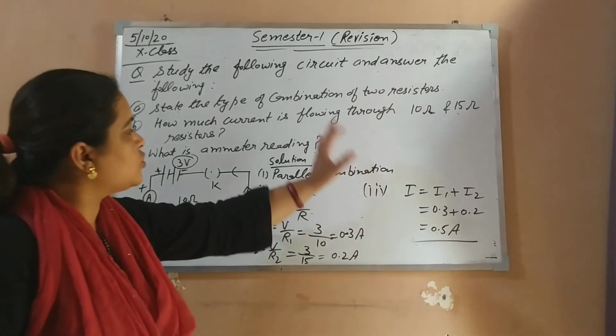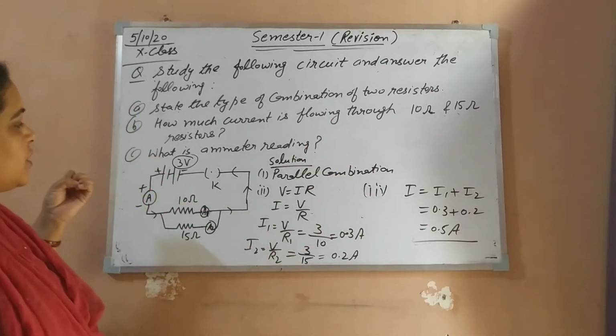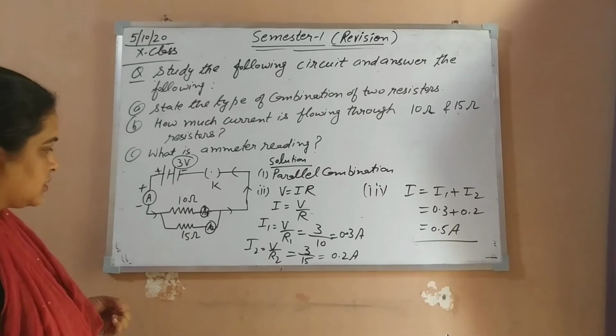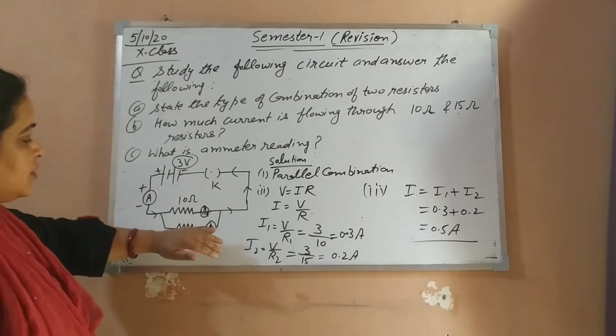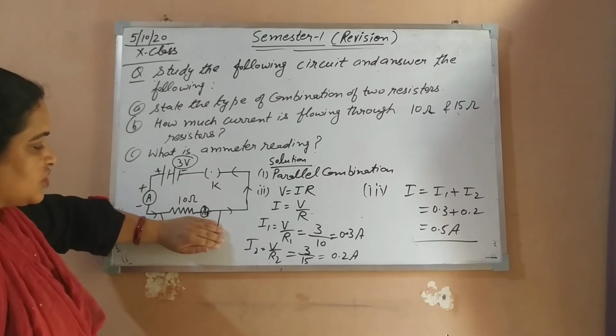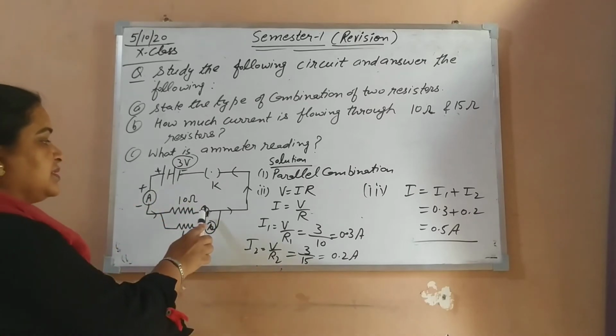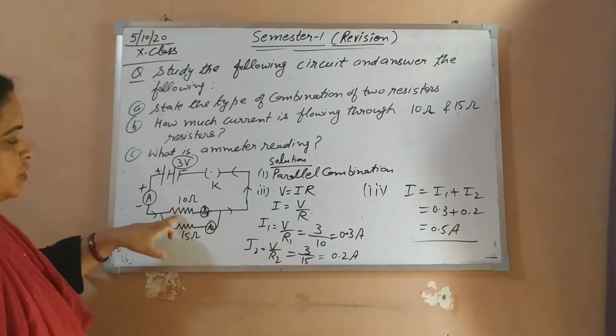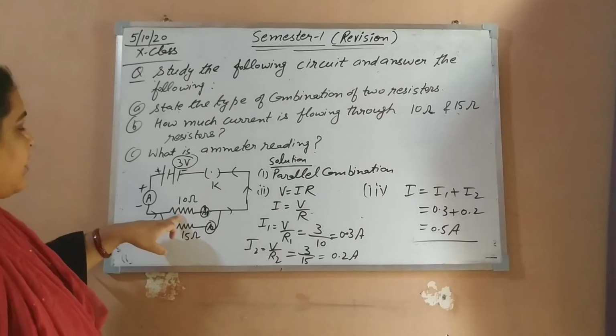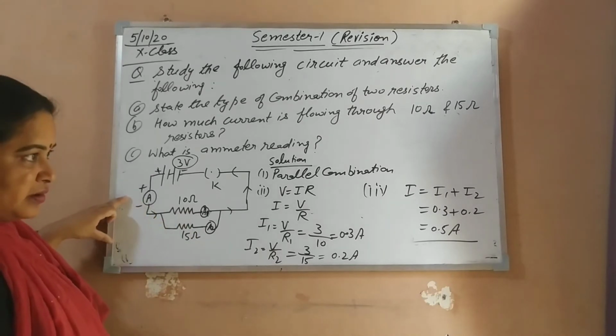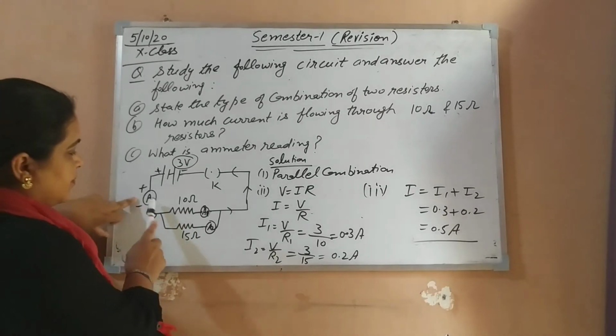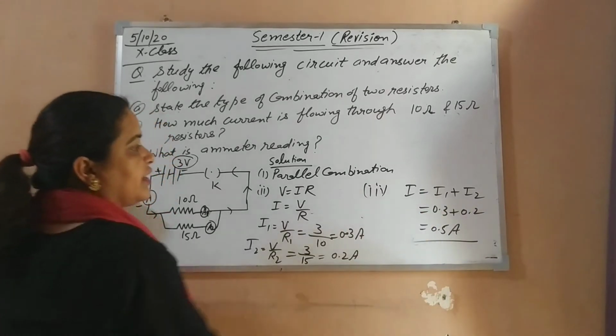Now this question is over, related to the circuit. Now I am telling you the other way the same question can be asked. It can be asked, if this 15 ohm resistor is not working, is the A1 reading affected? No, the A1 reading will not be affected. Is there any change in the A ammeter reading also? Yes, because A is the combination of I1 and I2.